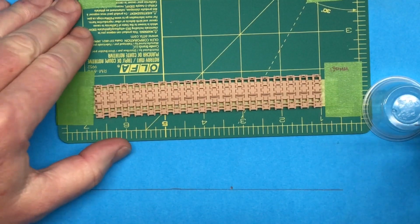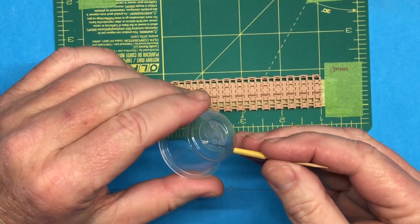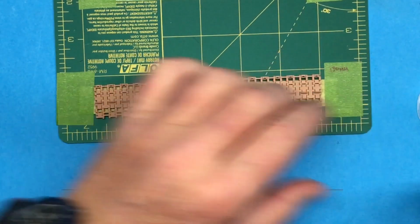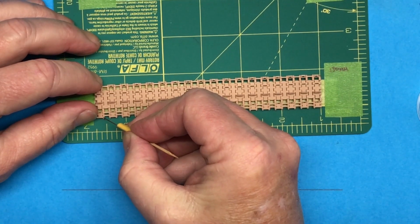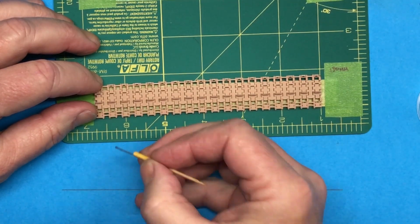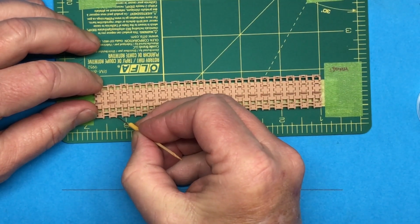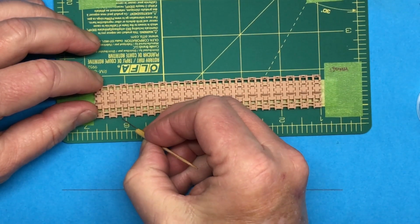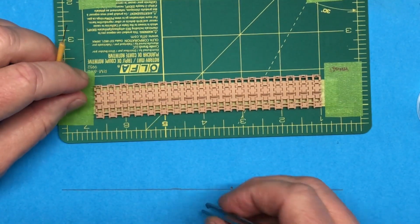All right, so what I'm going to do here is using, as you can see, this is some thick gel type stuff. So this is what I'm going to use to glue these pins in place, and I'm just going to put just a little bit along the edge. Doesn't take much, I don't think. I don't want it to be all clumped up and looking dumb, but it does need some glue. Now, you know what? I just thought of something. What I could do,